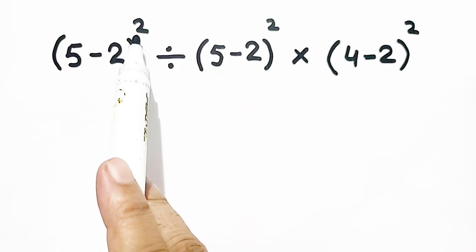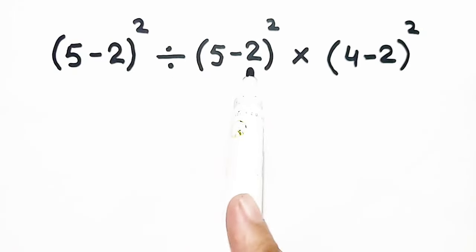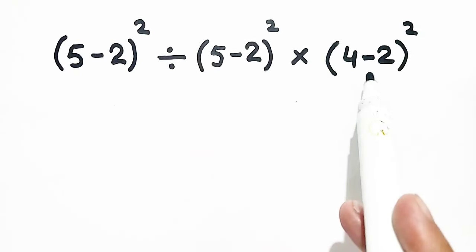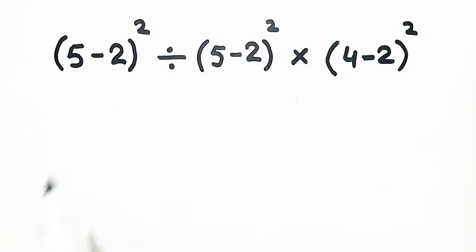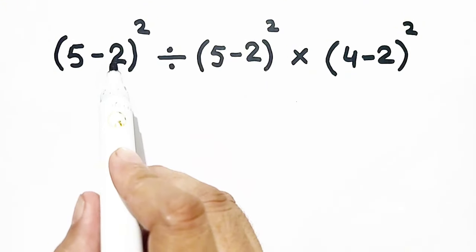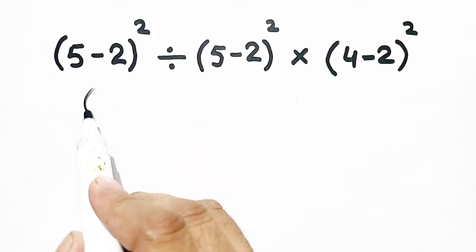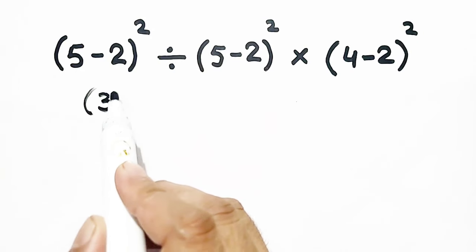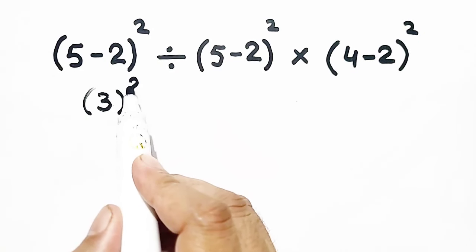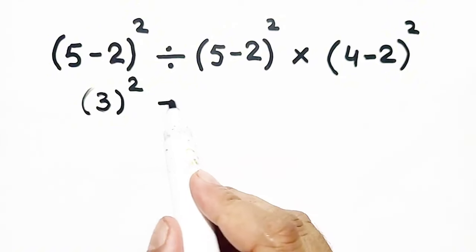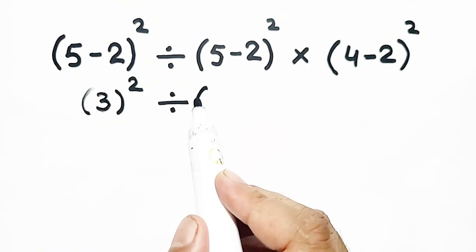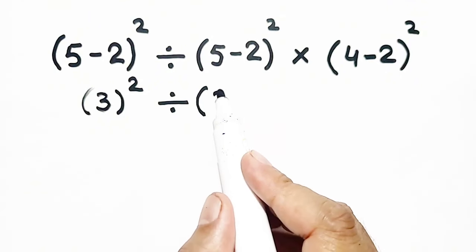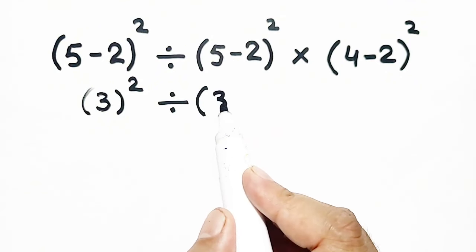(5 minus 1)^2 divided by (5 minus 2)^2 times (4 minus 2)^2. 5 minus 2 will become 3, so 3 squared divided by 5 minus 2, which is 3 squared, times 4 minus 2 will be equal to